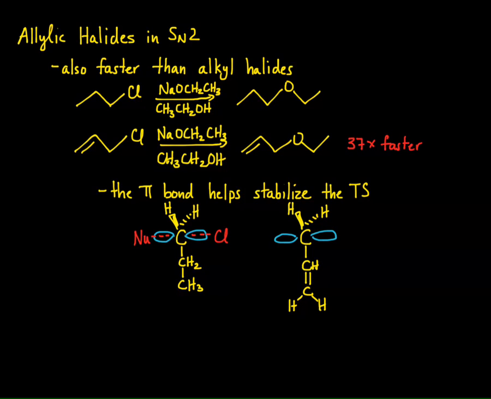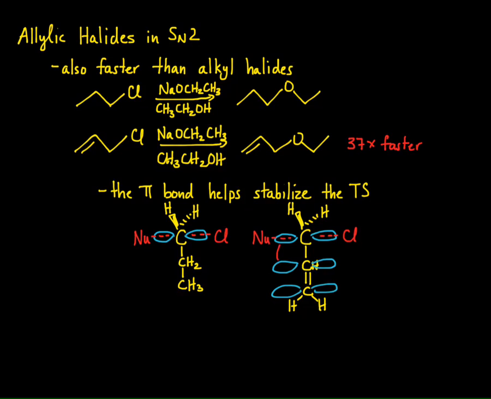And we see that the ethylene has these p orbitals, and those p orbitals can overlap with the pentacoordinate transition orbital. Because remember, this orbital is kind of strange. The carbon is sp3 hybridized, but at the transition state, that sp3 hybridization almost goes into an sp2 hybridized system where you have a p orbital on that carbon, where the nucleophile is coming in and the halide is